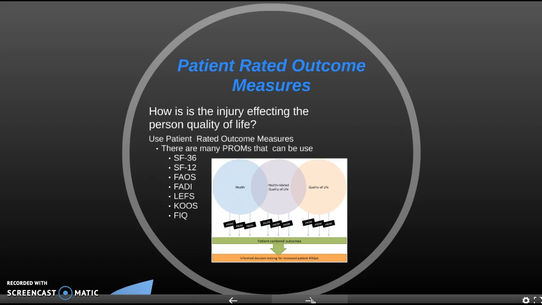The biggest limitation that I've seen when looking at these with the research is that there's really none that's driven for the military population. So I don't know if I could use one and there would be a ceiling per se with my population. It might be the fact that I just have to do one. I have to just put one in and eventually see how that outcome measure is lining up with treatment and what the patient's saying. I think there's definitely a place for these in my clinical practice. It's just been hard for me to find one that may be relevant, and